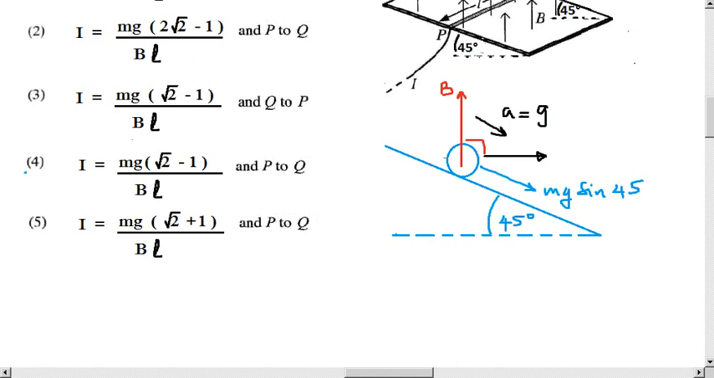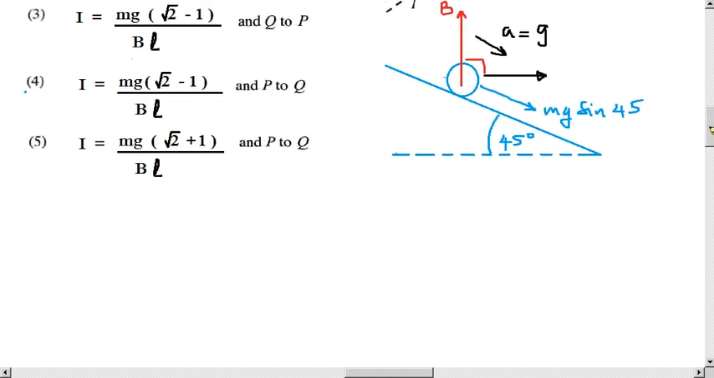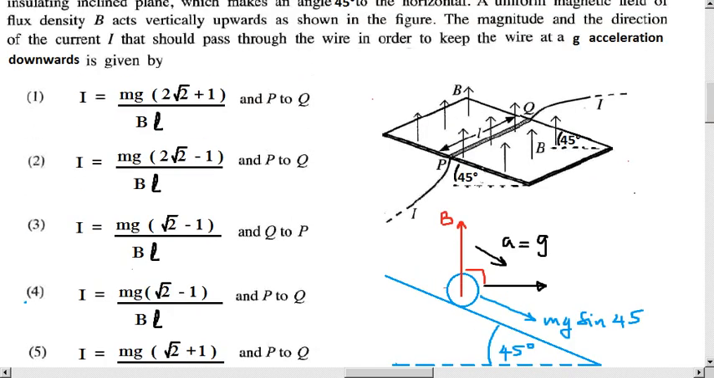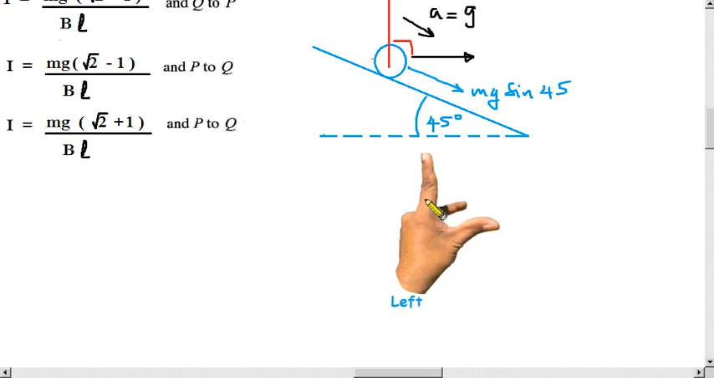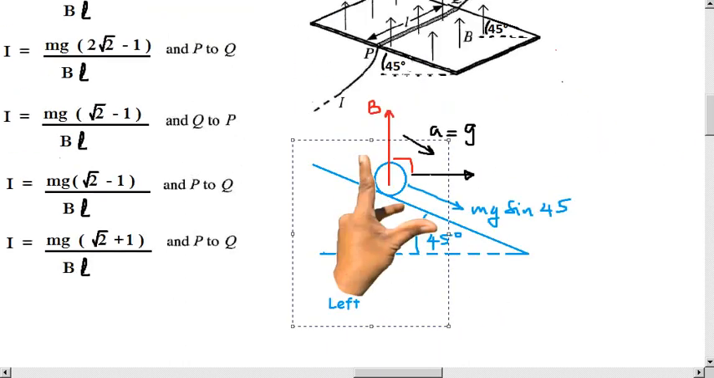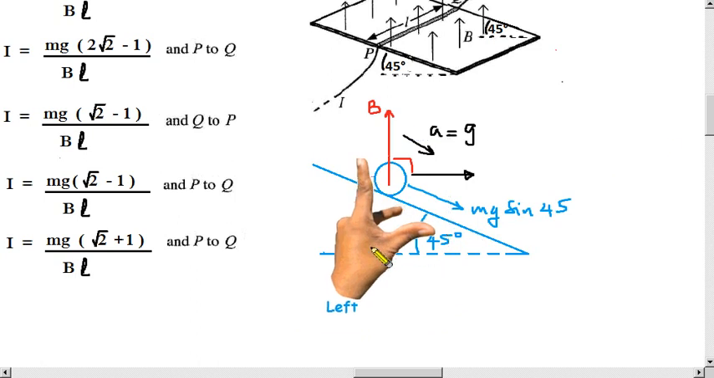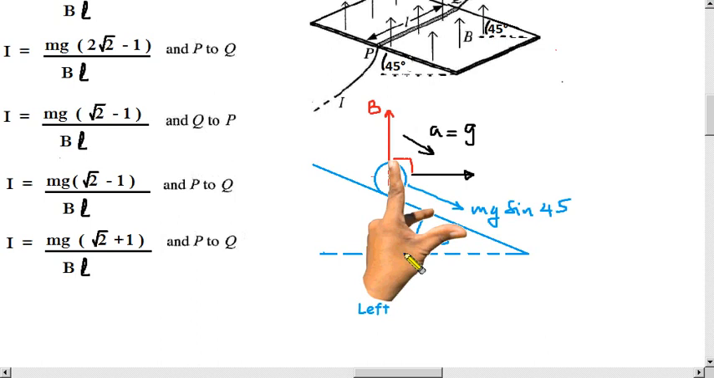So to get a force towards the right, in which direction should the current pass along this wire? That's what we now have to find out using our left hand. So you have to place your left hand like this. First of all, you have to rotate your left hand so that